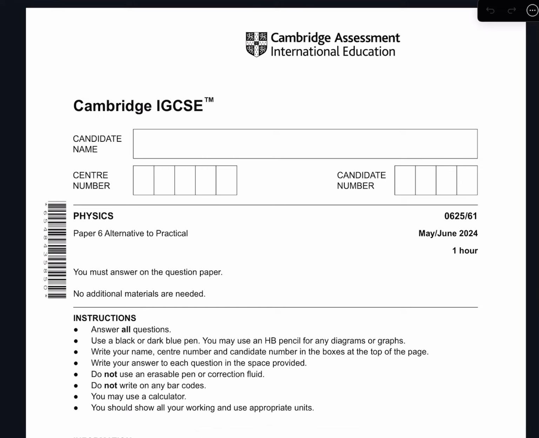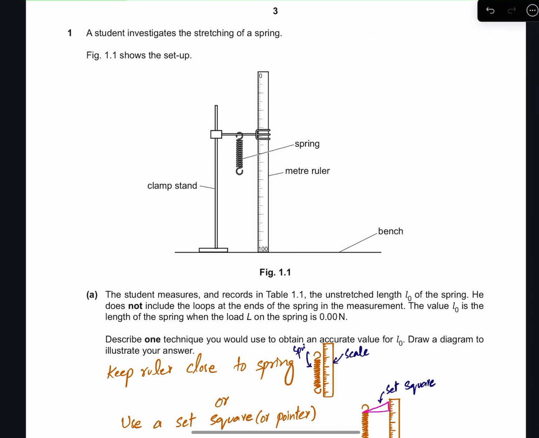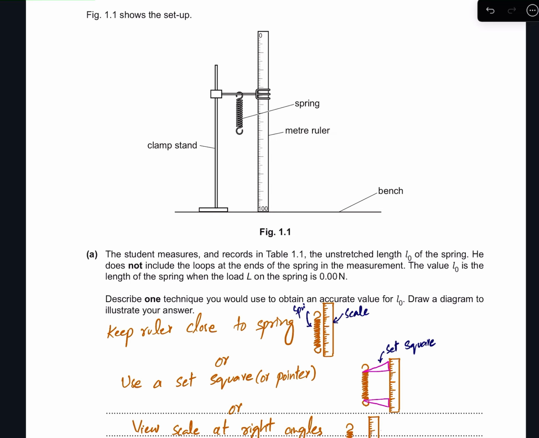Solve ATP paper of 0625 version 61 May June 2024, and let's start with the first question. In the first question, the statement is given here for the experimental setup, and there we have a